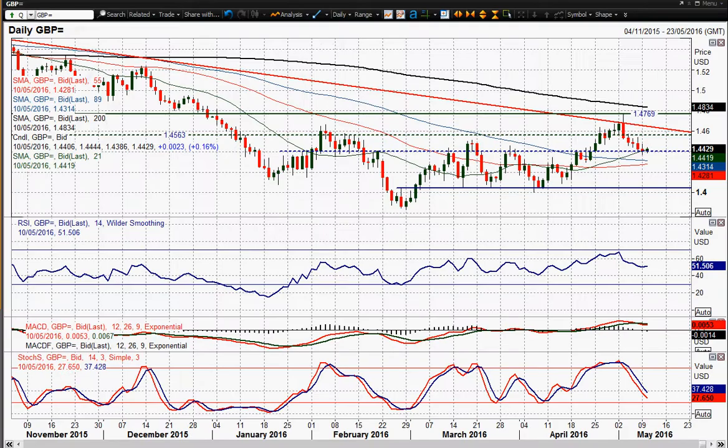Let's look at cable. I've seen this 5-day decline on cable starting to settle down a little bit. Nothing too great in terms of support yet, but signs are possibly that it's found a bit of a low for now. 25 ticks up on the day. We've just had the visible trade balance out for the UK coming in at 11.2 billion deficit, very slightly above the Reuters estimates, and we've seen a very slight tick higher on sterling on the back of that.